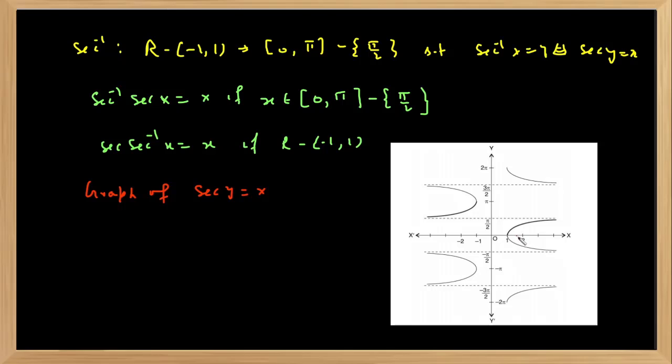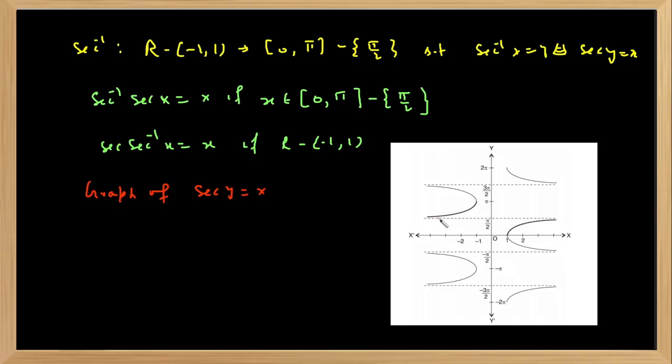Then it was √2 at pi by 4. So here at pi by 4 it was √2, sec pi by 4 is √2. This √2 at pi by 4 will go like this, so it will proceed like this. And then at 3 pi by 4 it will be -√2, somewhere here at 3 pi by 4. And at pi, sec pi was -1, so at -1 this pi will be.